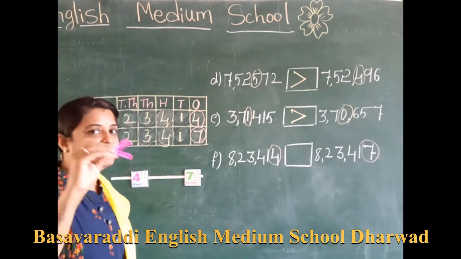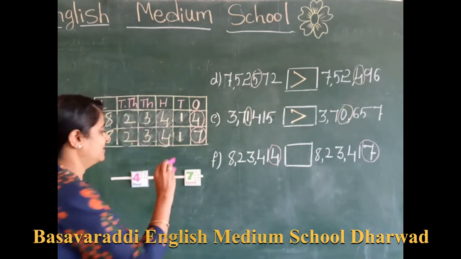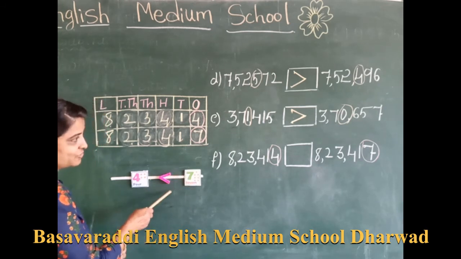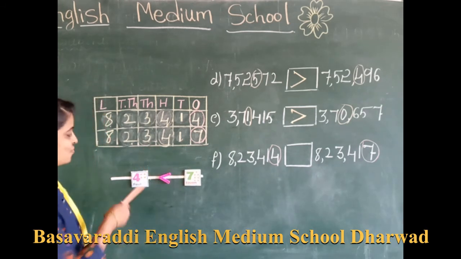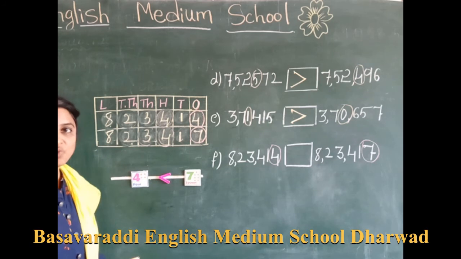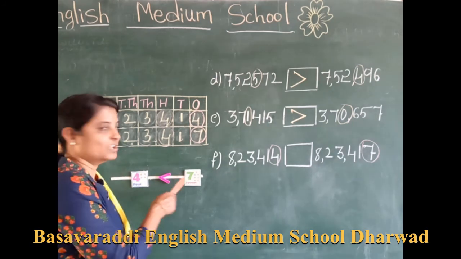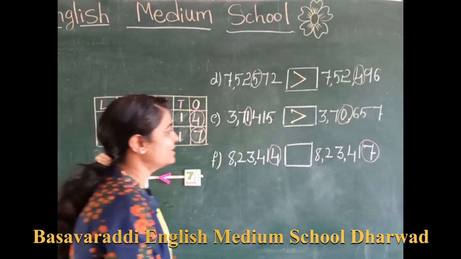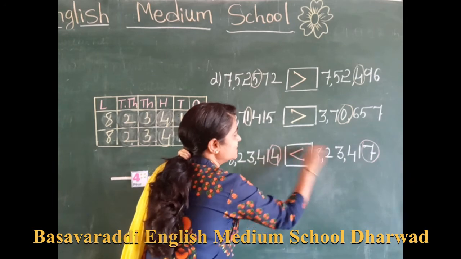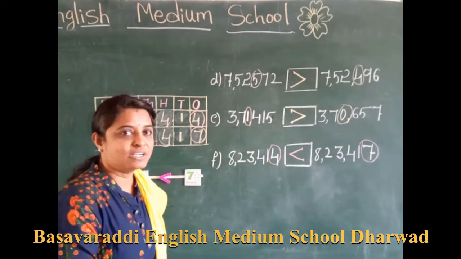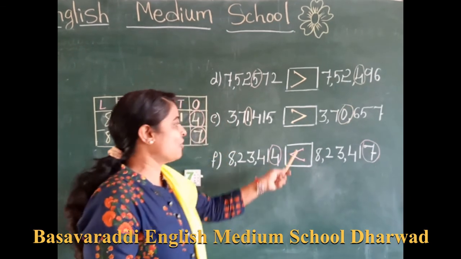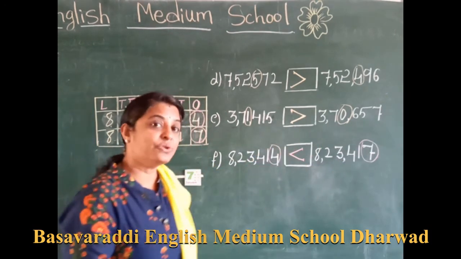Then what did I tell you? Always put the open mouth towards the big number. So put the open mouth towards the big number, here towards the 7. Now read this one. 4 is smaller than 7, because the sharp edge is towards the 4. Like that only, we will put the open mouth here also towards the 7, because we are comparing 4 and 7 here. 7 is the big number. Open mouth is towards the 7.